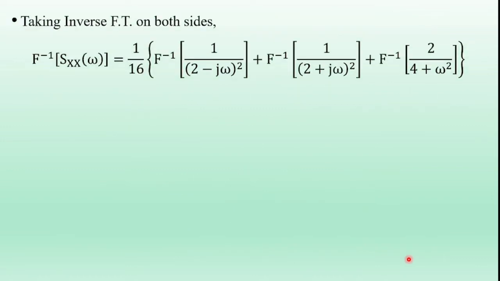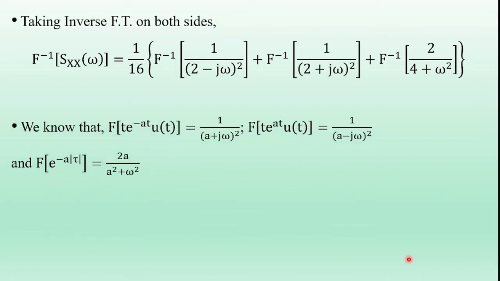So taking inverse Fourier transform on both sides of the above equation, F inverse of LHS term is equal to F inverse of RHS term. So we know that the Fourier transform of t e power minus a t u of t is 1 by (a plus j omega) whole square. Fourier transform of t e power a t u of t is 1 by (a minus j omega) whole square. And Fourier transform of e power minus a mod tau is 2a by a square plus omega square. So using these standard expressions in the RHS term of this equation,